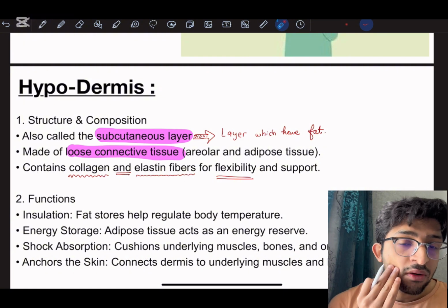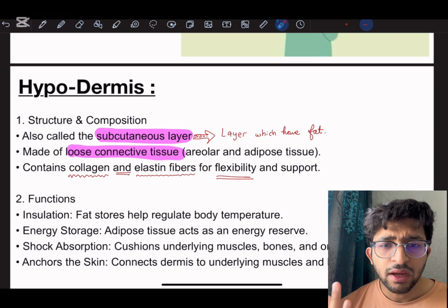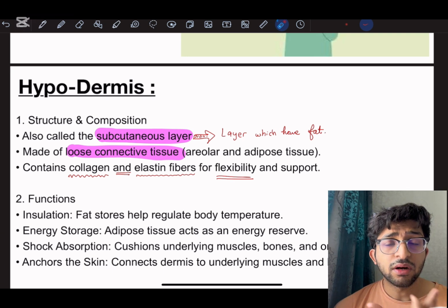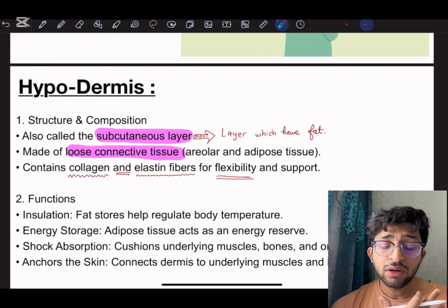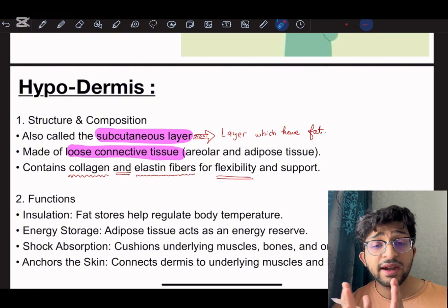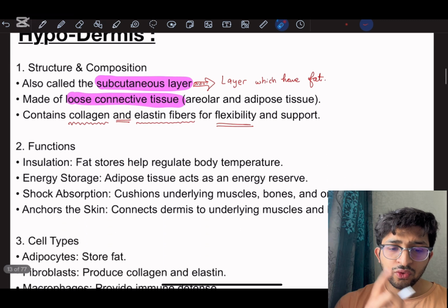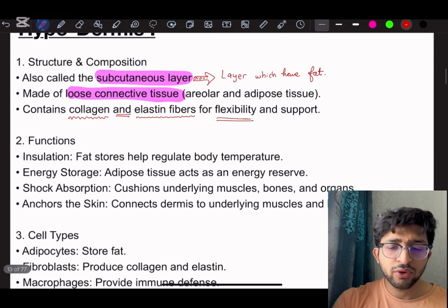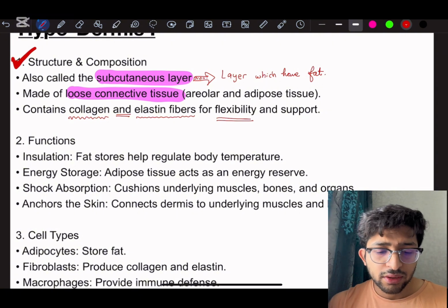For example, in adults and teenagers, we don't have any wrinkles, but in old people, like our grandfather, grandma, they have a decreased amount of collagen, and that is the reason they will have the wrinkles around it. So one thing is done: the hypodermis is responsible for providing the structure. The second is the